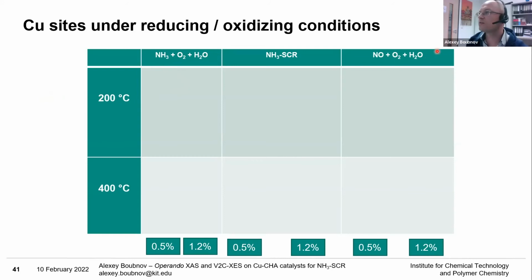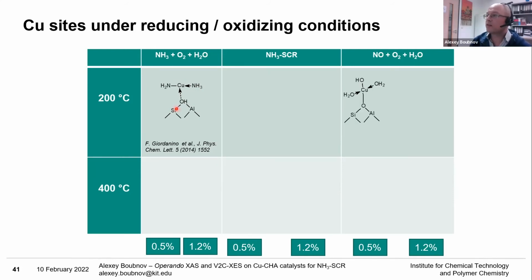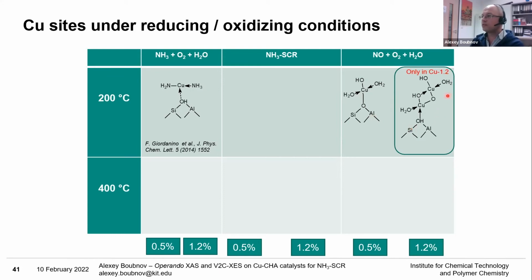Now, putting it into the full perspective, we have now a table with lower temperature, higher temperature, ammonia containing conditions, oxidizing conditions, and then the realistic SCR conditions in the middle, and each of the cells of the table address the lower loaded and the higher loaded catalyst. Now, at lower temperatures under ammonia conditions, we have a splitting up of dimers, or we have only monomers which are being poisoned. Here, under oxidizing conditions, we have monomers which are not being poisoned, and we have these dimers being formed in the higher loaded